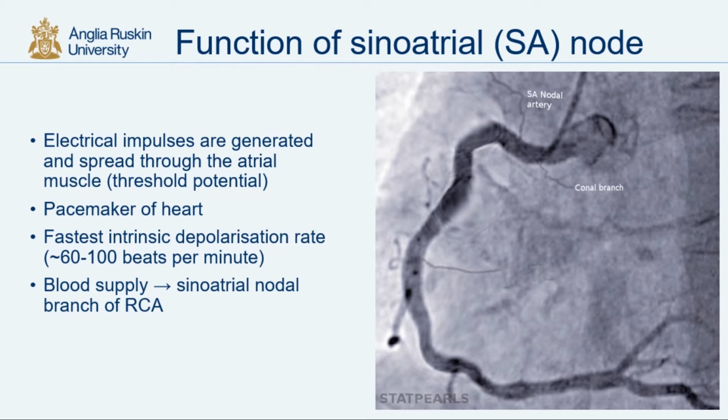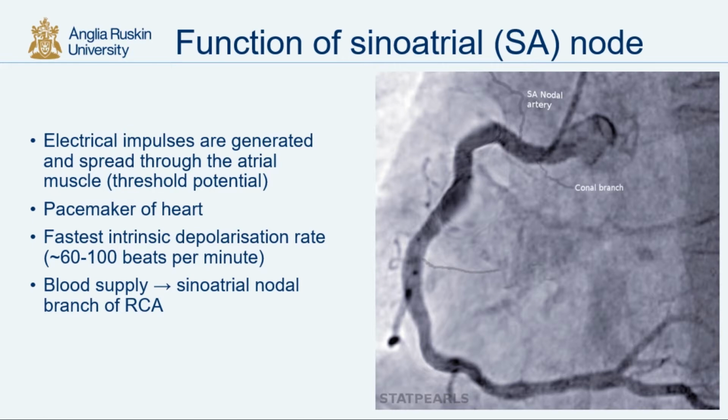So once that threshold potential is crossed, it automatically produces an action potential. Other cells within the heart, including the atrioventricular node and the Purkinje fiber cells, can also initiate action potentials. However, they do so at a slower rate, and therefore the area of the myocardium that depolarizes the fastest captures the rest of the myocardium. And that is why, if the SA node is functioning properly, its action potentials usually override those that would be produced by other parts of the conduction system, and hence the SA node serves as the main pacemaker of